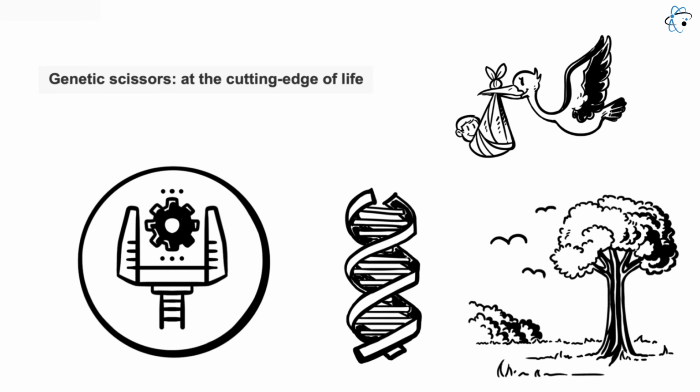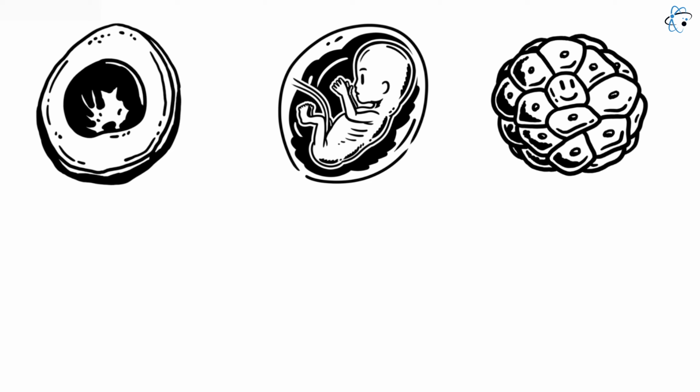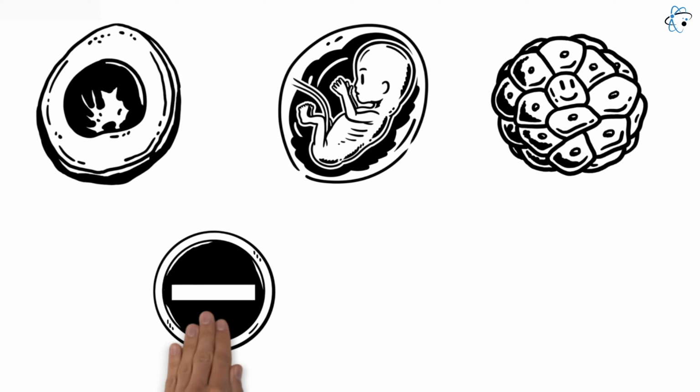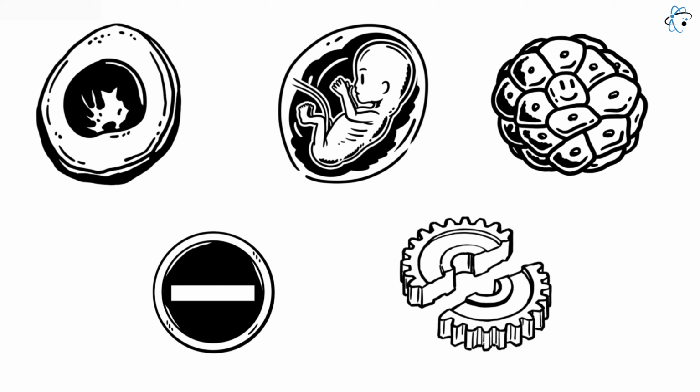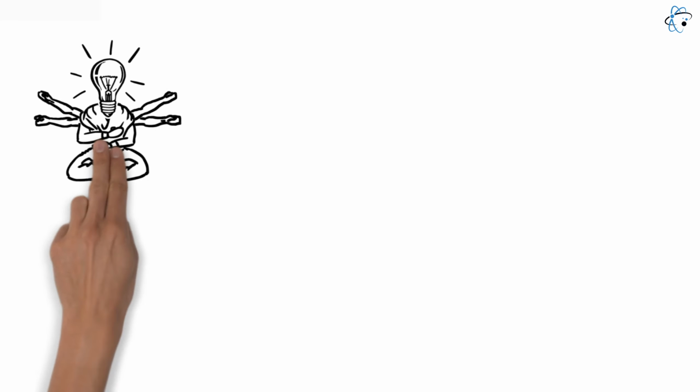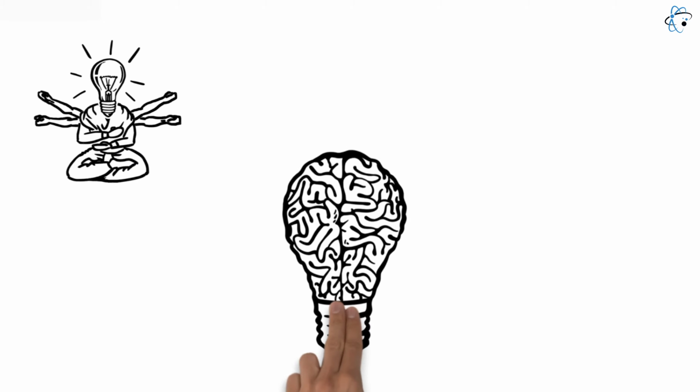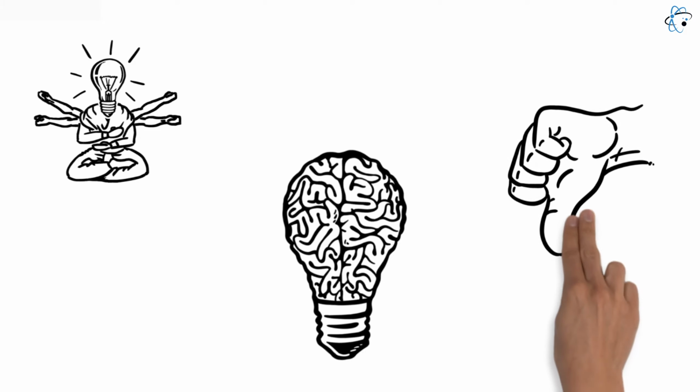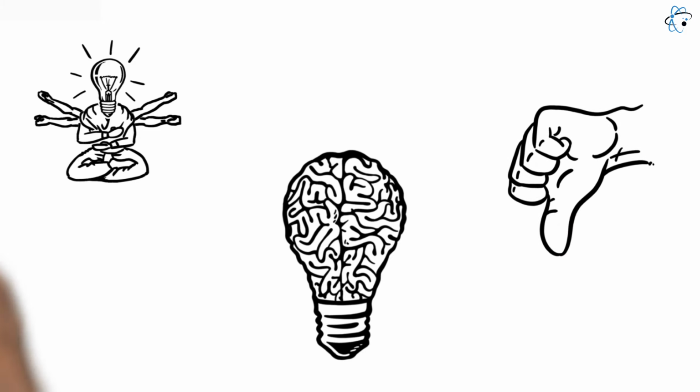In reality, however, most of the characteristics we have as humans depend on many different genes and are also influenced by environmental factors. Although it is possible to make certain genetic changes in eggs, embryos, or germline cells, these procedures are still very limited and so far can only prevent or treat certain diseases or disorders caused by defective genes. It is important to note that the characteristics and abilities of a human being are much more complex than just the result of genes and that creating designer babies is still unimaginable at this time.